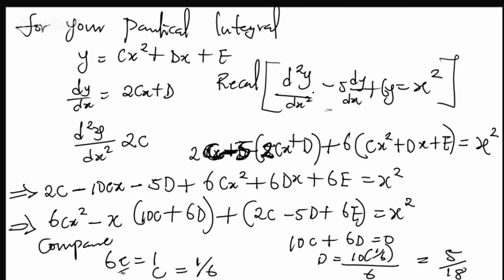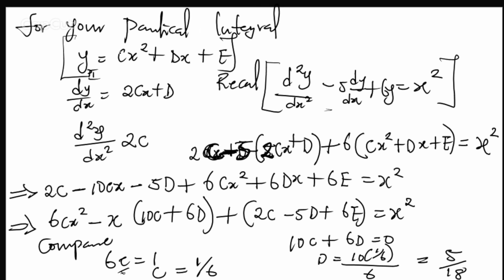So since we are given this, we know that for our PI equation is what we have here. This is our PI equation, so you can write this to be YPI. Since we've gotten the values for C, D, and E, we are inputting those values into this equation here. So if you do that, we know that YPI will be equal to